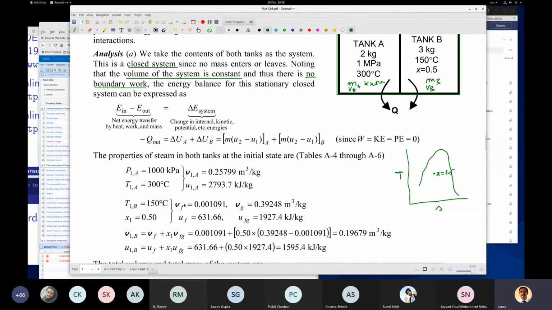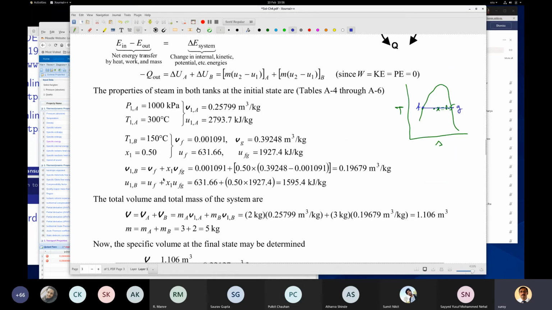What is F? It is from the tables. F means this condition; if I draw it, this is my F, and this is called G. From the books,